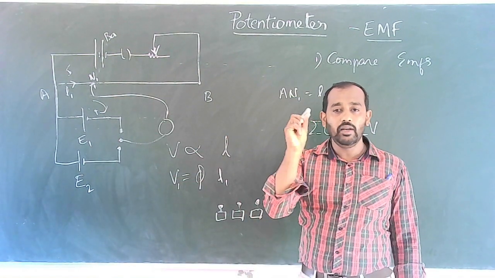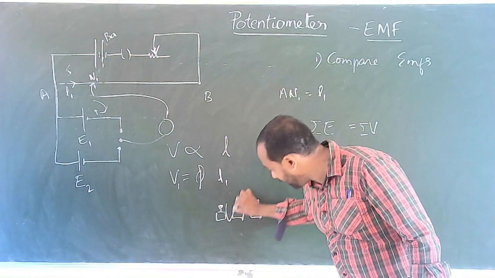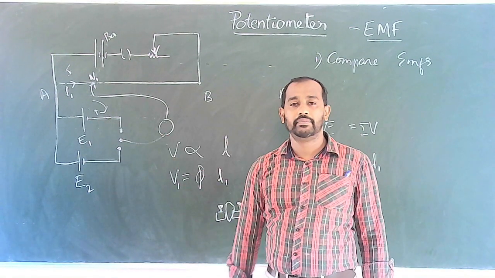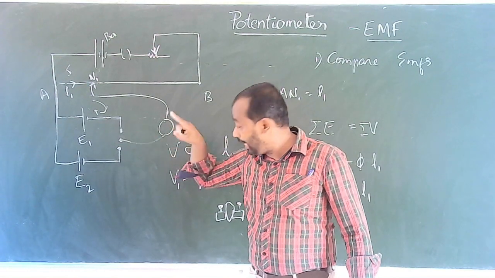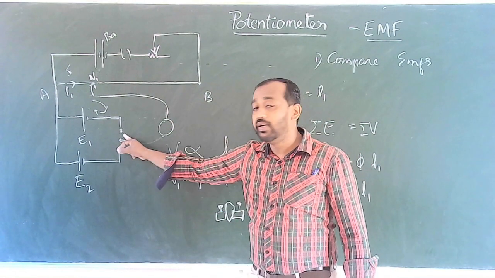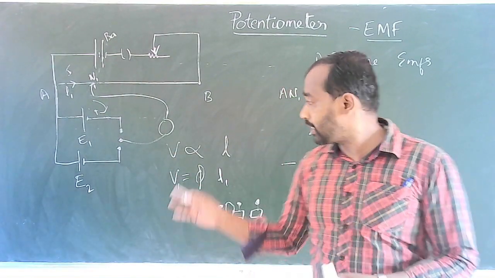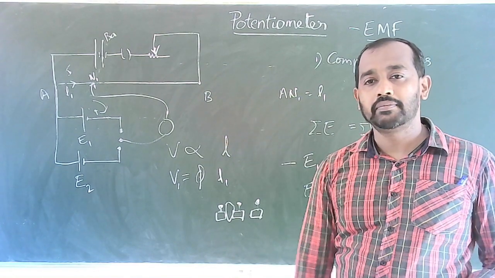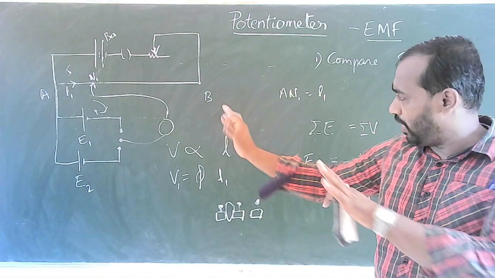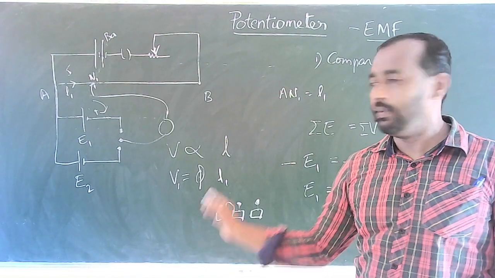Okay, there will be only one plug key provided. If you close the key here, that means cell E1 is connected. If you remove that and put it on the other gap, then obviously E1 is disconnected and E2 is connected. So therefore, we can connect both the cells one by one in a given circuit. We do not have to remove everything when we make the circuit connections. Then it will be like this. Connection will be like this.